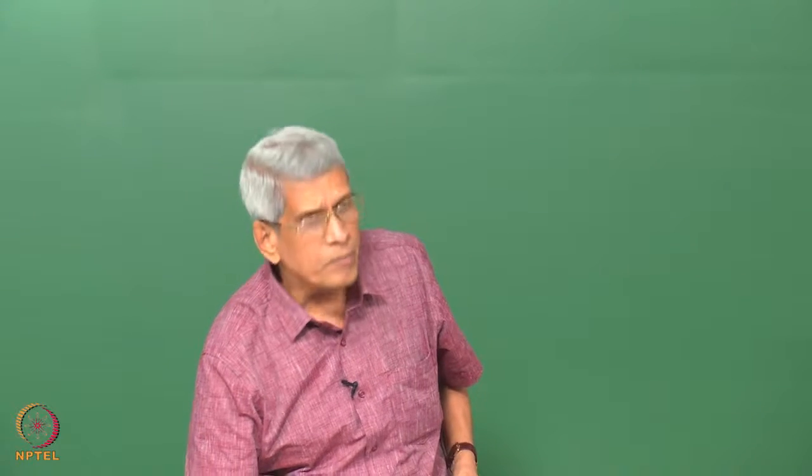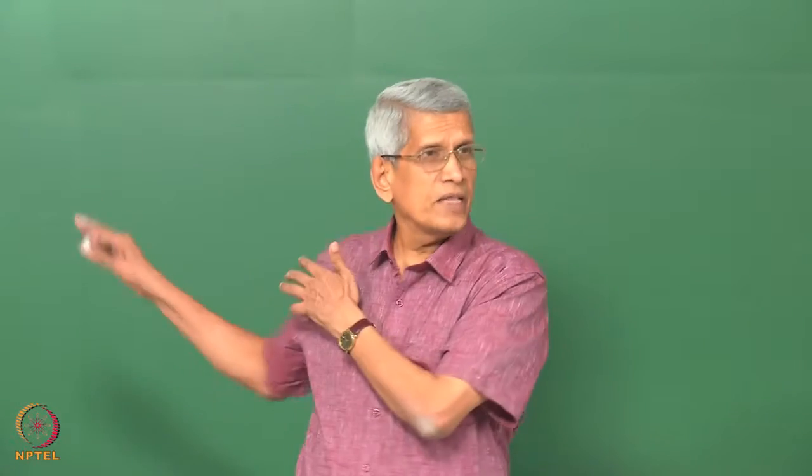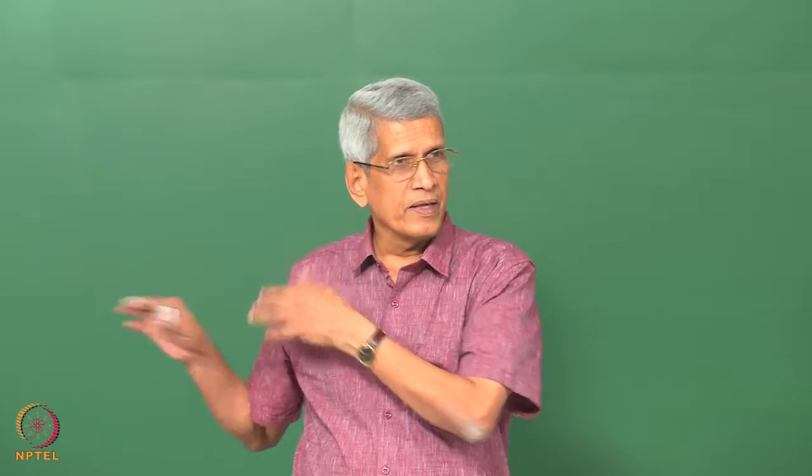The same thing I can do in another direction. In this direction, what should be the wavelength of the radiation? It should be some other value, so that as the wave passes through, all the crests come right on top of each of the lattice positions in that direction. That is, 1 by r will be the value in that one. That is the way the expression will turn out to be, right.